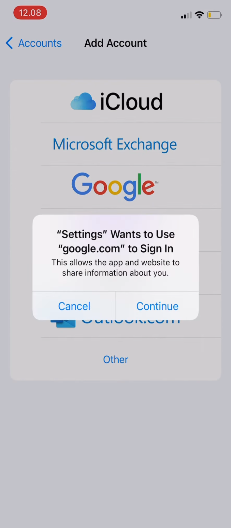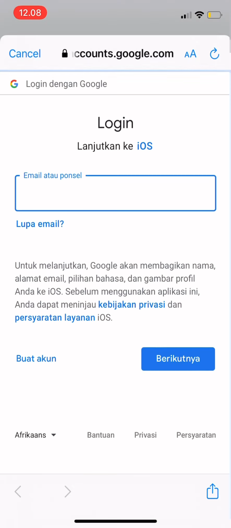And then you could tap cancel there, and then you just have to log in. So enter your email and then your password, and then tap next, and that's it. Your email is connected